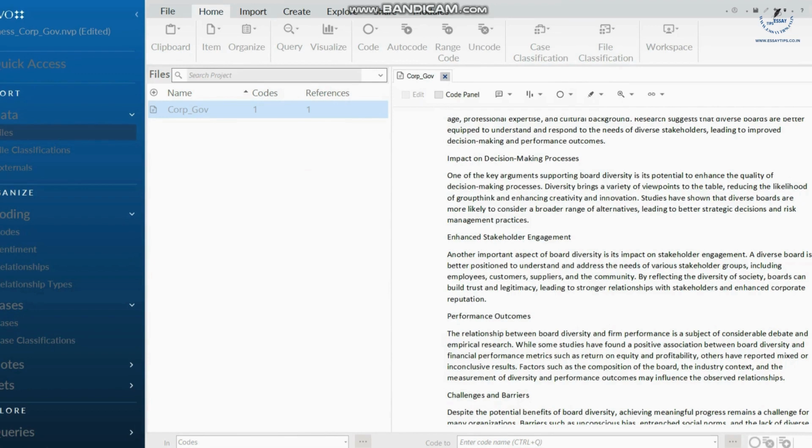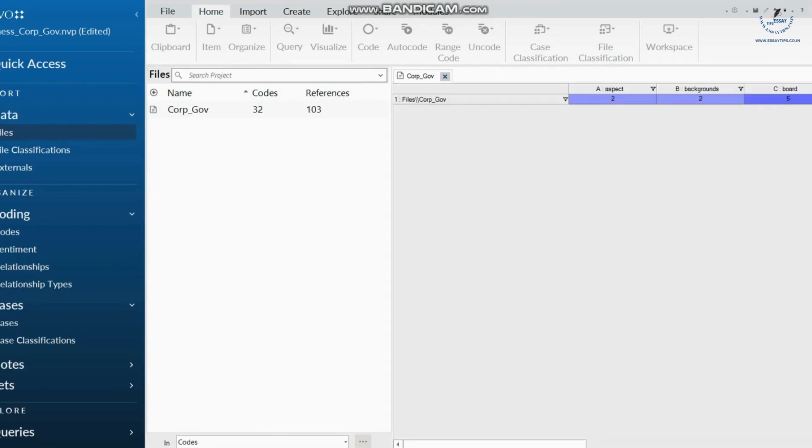Now wait. Now we can check the file corporate governance already taken into the software. You can see how many codes are done here: 32, with references of 103, identified from the text content that I have imported.